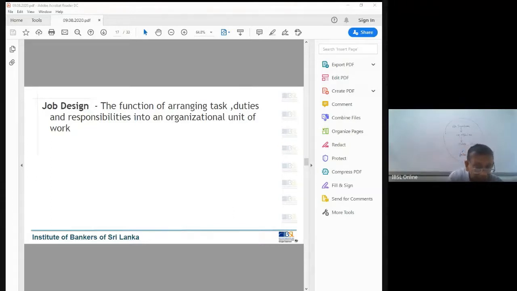Right? So that is different tasks. So a series of tasks become a duty. So what is responsibility then? The next point is responsibility. Write down the responsibility. So your obligation